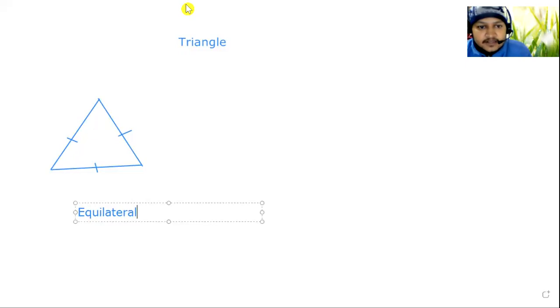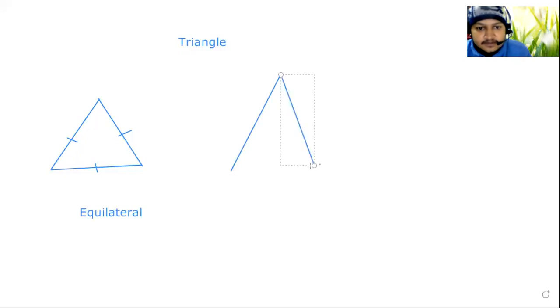Similarly, next one, if only two sides are equal to each other, एक अर्कासँग दुईटा साइडहरु मात्रै इक्वल छन्, then it is an isosceles triangle. Just for example, this one. यसमा दुईटा साइडहरु मात्रै इक्वल छन्. These two are equal. If it is 6 centimeter, this is also 6, and the third one is different, for example 4 centimeter. 6 centimeter, 6 centimeter, and 4 centimeter. This is the isosceles triangle.